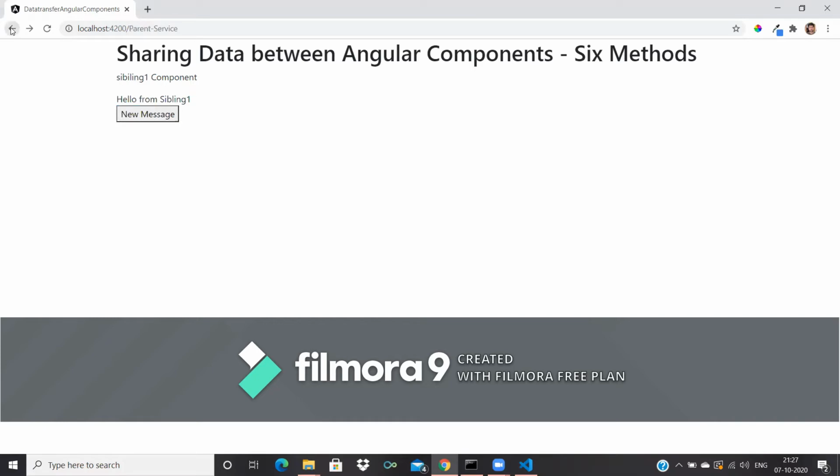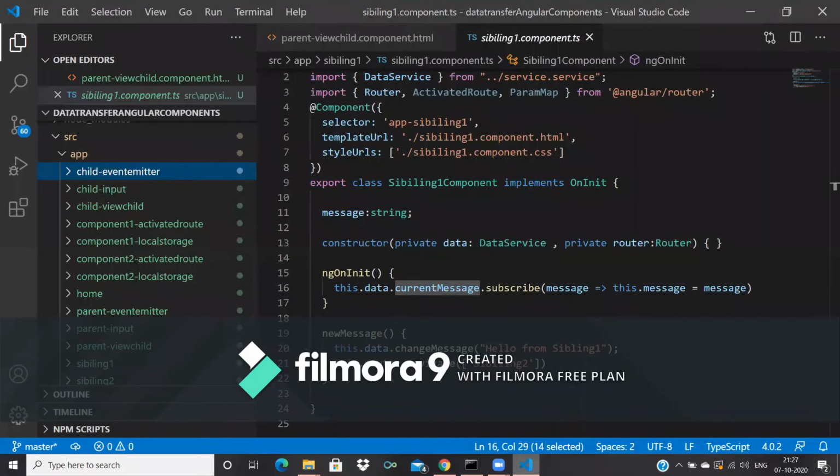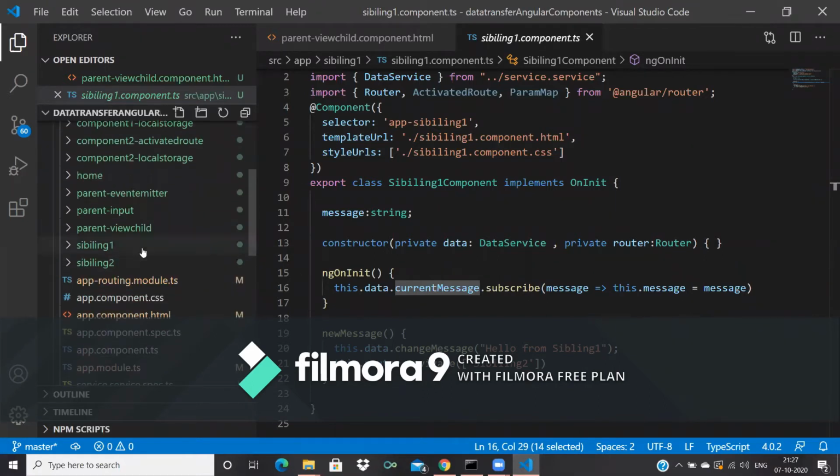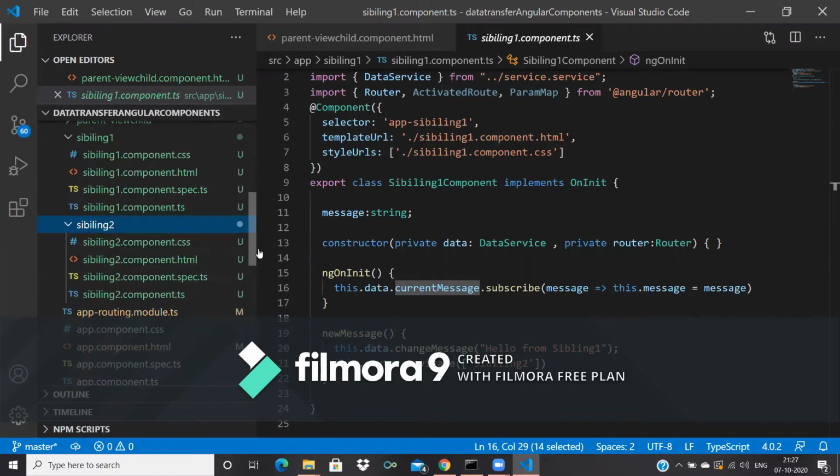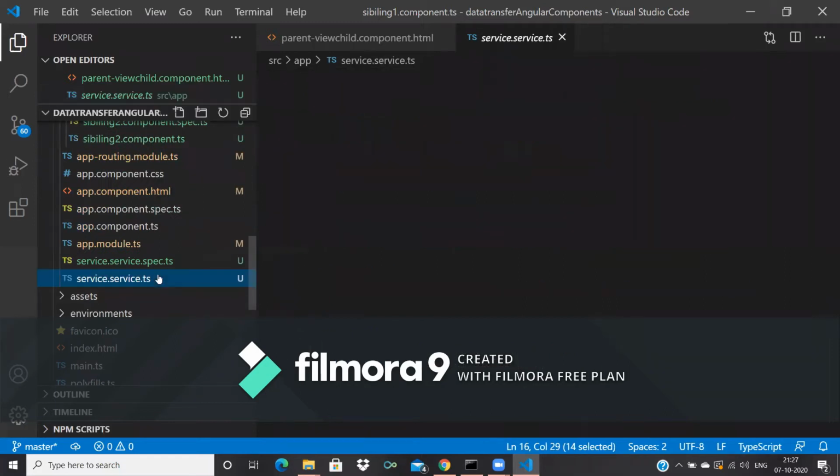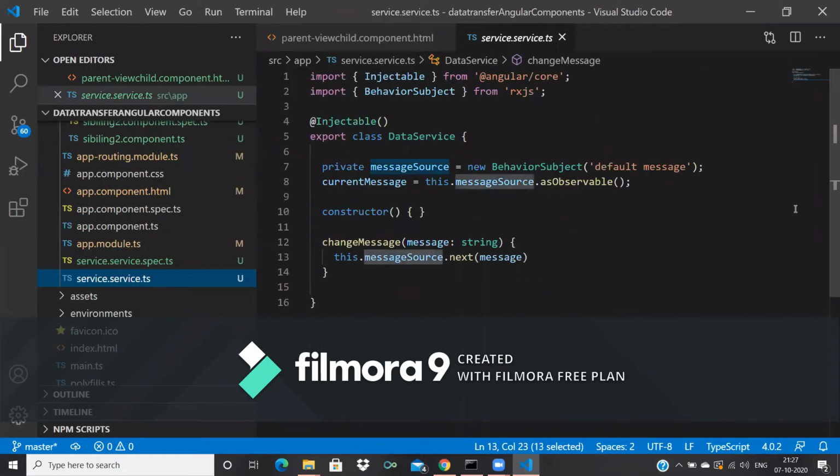Let's see. I have created two components, siblings 1 and siblings 2, and I have created a service. In this service, I imported Injectable and BehaviorSubject.